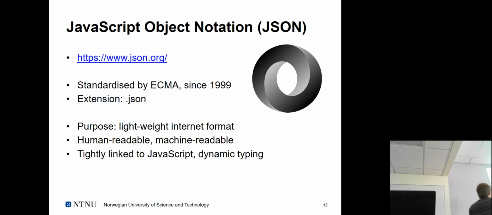So JSON is kind of standardized since 1999, so also quite old actually. Not as old as XML, but still. And standardized by ECMA. Who the heck is ECMA? ECMAScript. What is that? It was before JavaScript. It was originally called ECMAScript, and I think the standardization is still done by ECMA as of now, right? They call it a specific variant of JavaScript, ECMAScript, and they have introduced that.